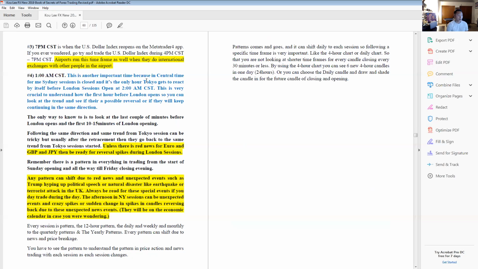And then also, if there was a huge political event as well. Also, natural disasters are huge, and terrorist attacks. Even an act of war is huge. So if Trump were to announce,